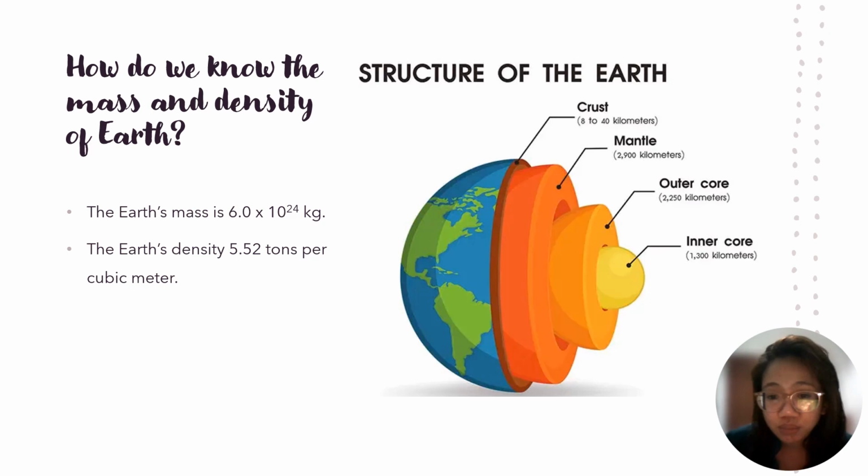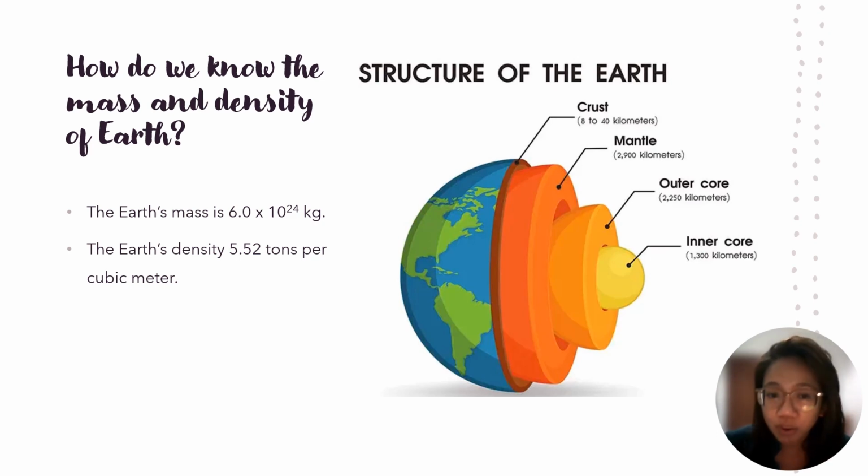So, how did scientists figure out the mass and density of Earth itself if we cannot measure it directly? Well, we have derived this information through physics. As you know, we are already aware of gravity and how it works. For example, the higher the mass, the higher the force of gravity in between. So, if we know the constant of gravity's force, or gravitational force, then we can already derive the mass of the Earth. From that logic, the Earth's mass is computed to be 6.0 times 10 raised